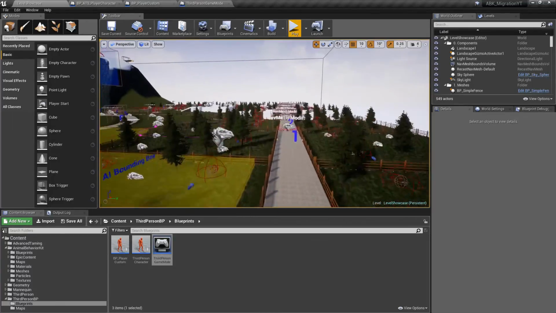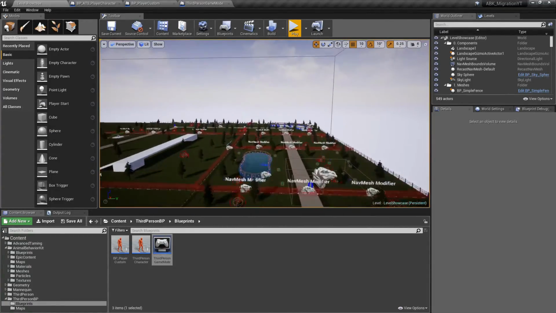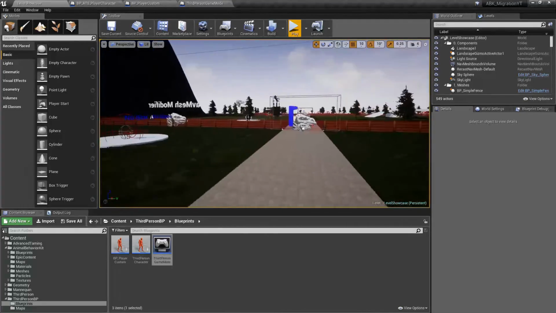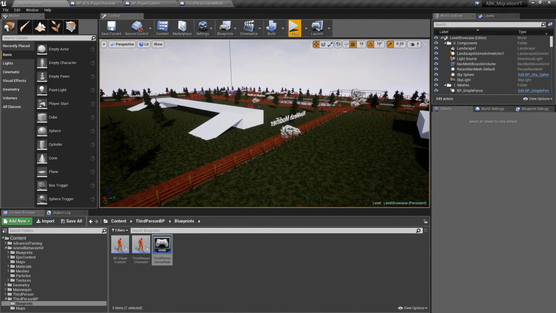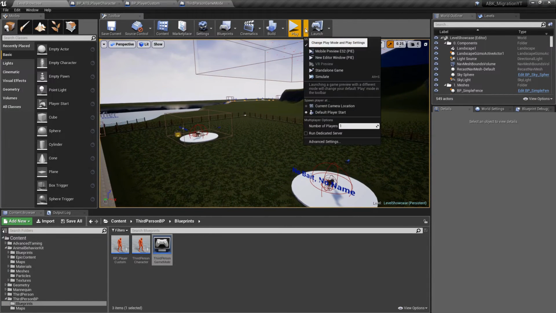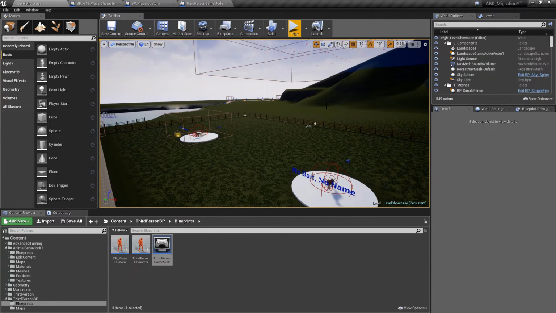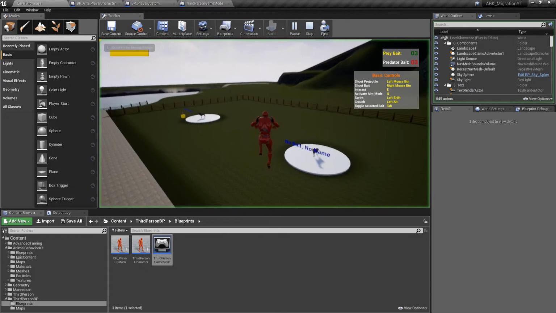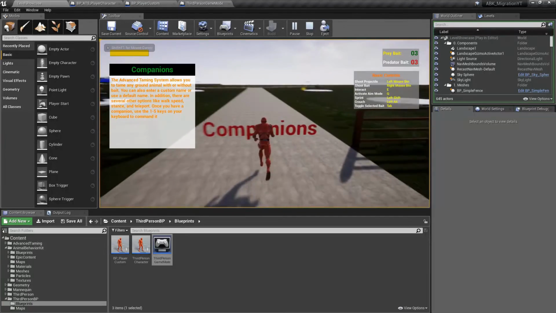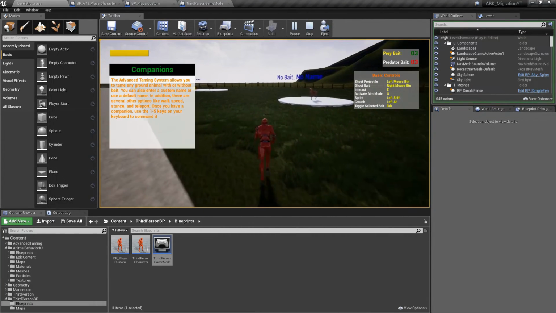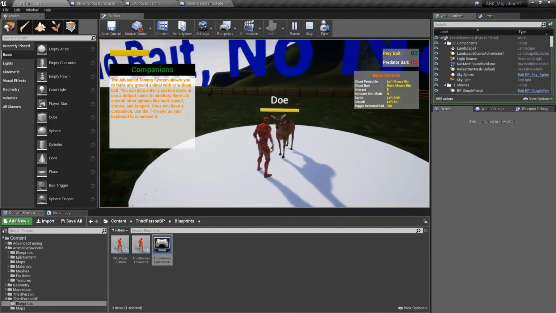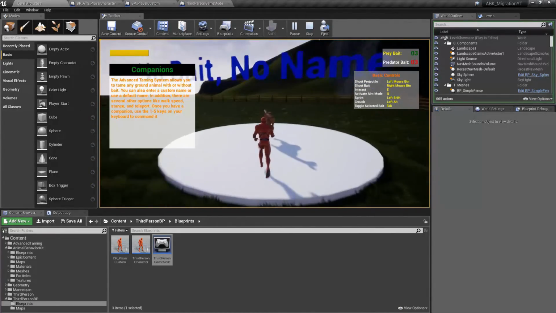All right, I'm not going to spend too much time here on the video, but the last thing we want to make sure is that we can tame the animals. So obviously go ahead and go through the entire level, make sure that everything works. I'm going to click on current camera location, click on play, and we're going to be in the companion section that you see right here. And I want to make sure that I can tame the animals. So when I approach this deer,